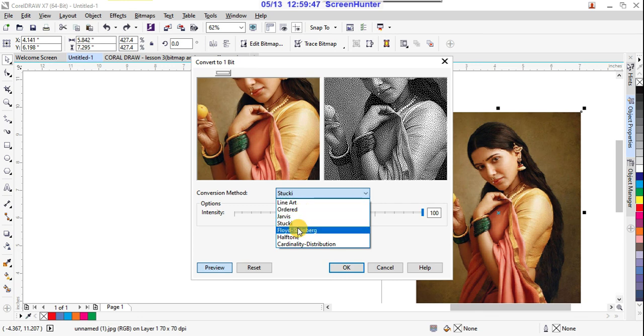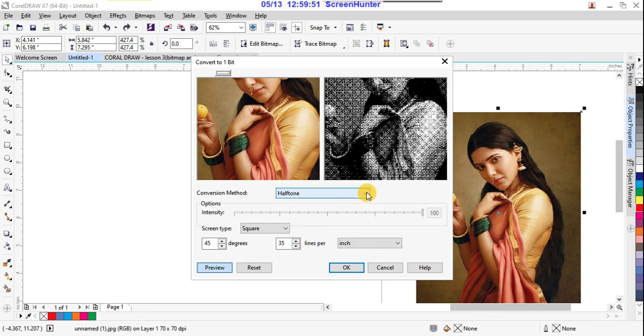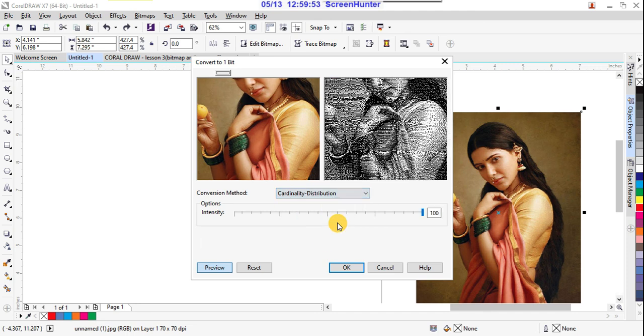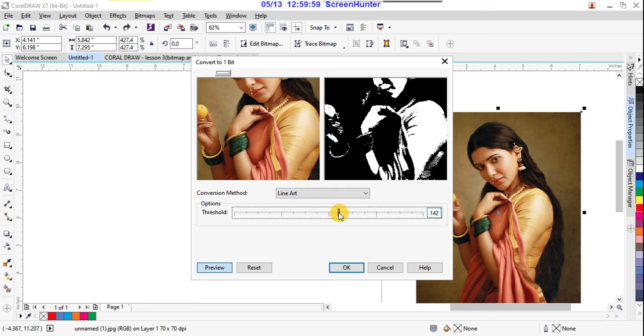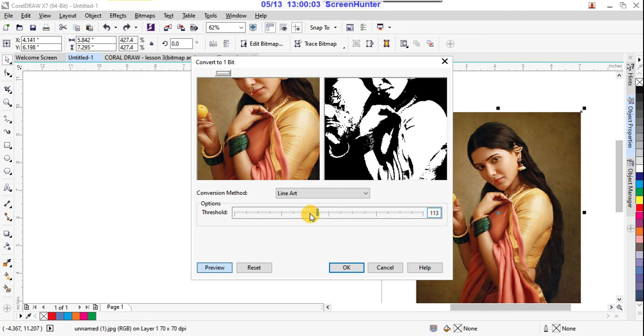So these are different options. Halftone. And this is mostly what we generally use, this line art, right? This line art also you can give the darkness, the value of the light and shades, right? So it is by default in the center, right? Say okay.